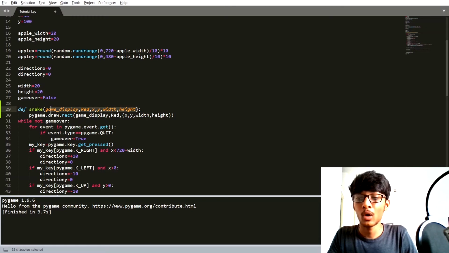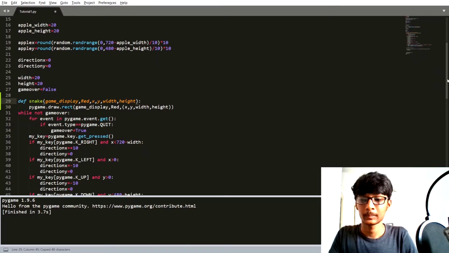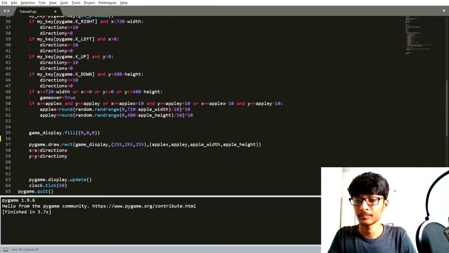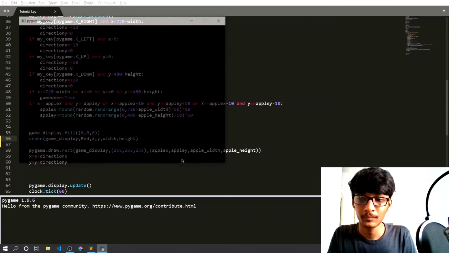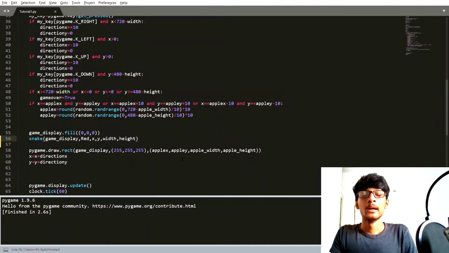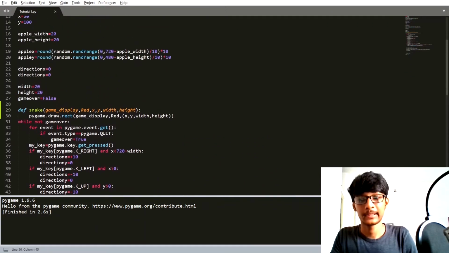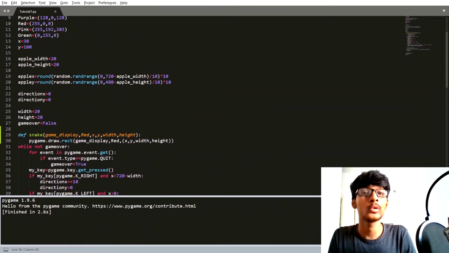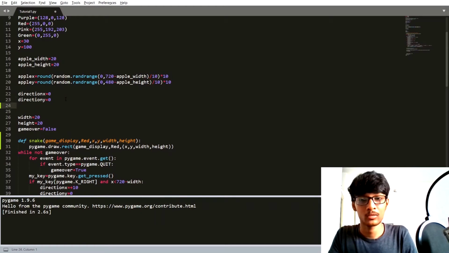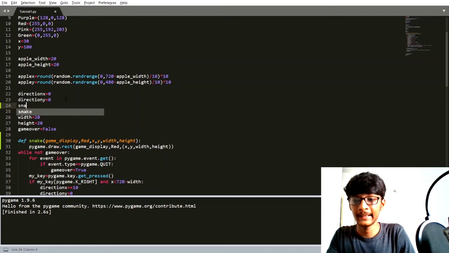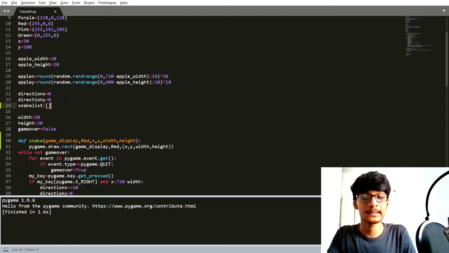Now I am going to call this function inside our while loop. Now we are going to talk about the length of the snake. Before that we have to create some variables. The first variable that we have to create is snake list, an empty snake list.